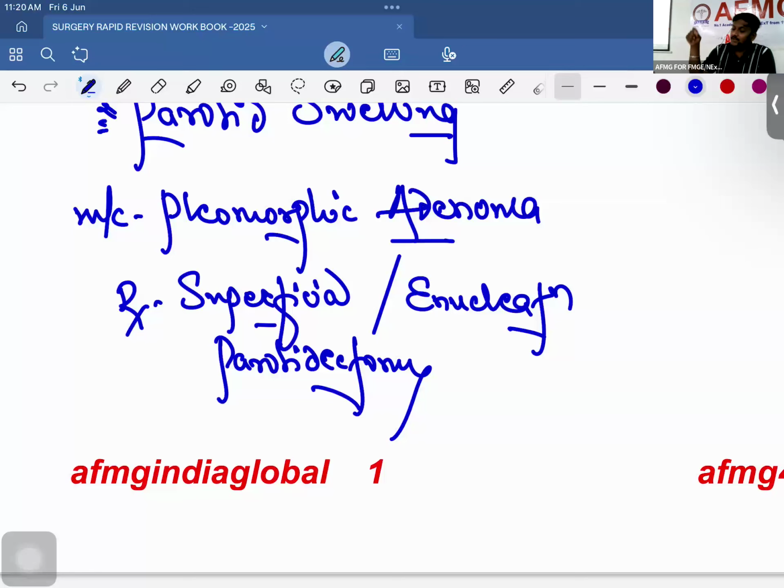Important, sensations from the face are carried by the trigeminal nerve and not the facial nerve. Clear? So remember, from the whole face the sensations are carried by the trigeminal nerve branches except the angle of jaw, from where it is carried by the greater auricular nerve. Next important,